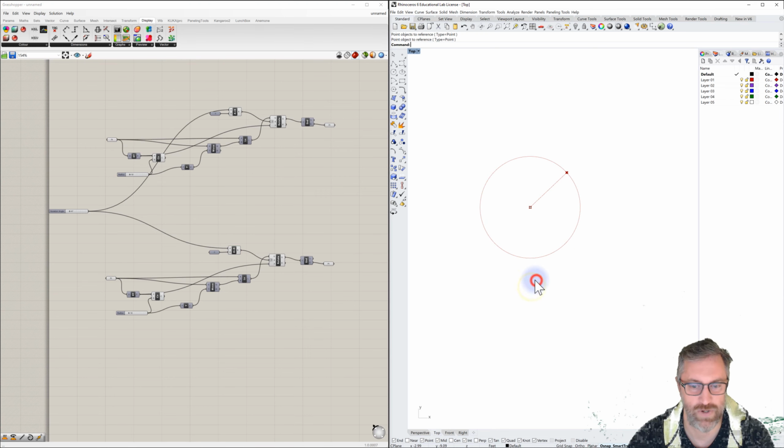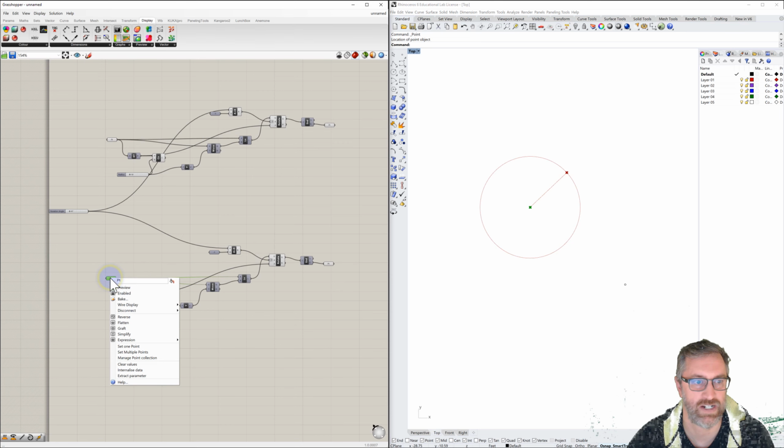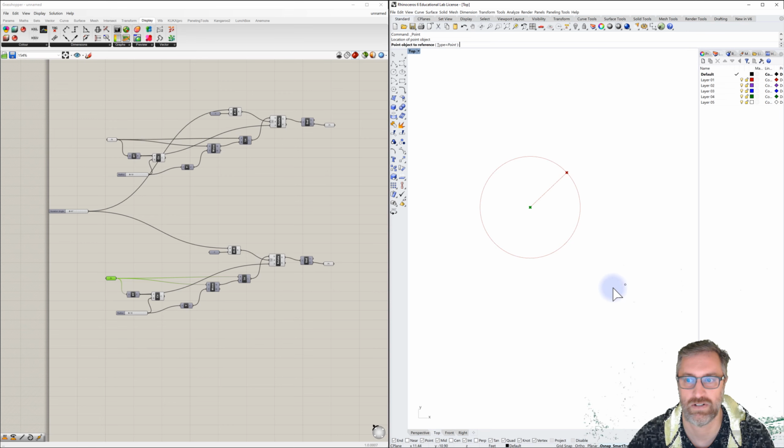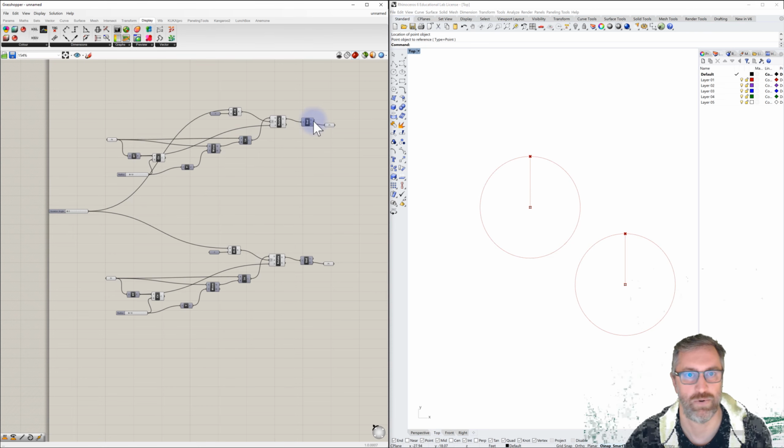Let's add another point in Rhino, anywhere, doesn't matter. And let's update this second one. We'll right click on the point and we'll set 1 point. And we'll select that. So now we can see, because we're using that same angle, both of these will rotate, and they're rotating the same way around. That's working. And we have 2 points on the end,